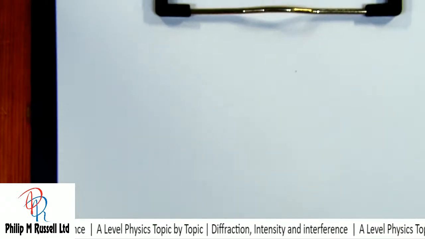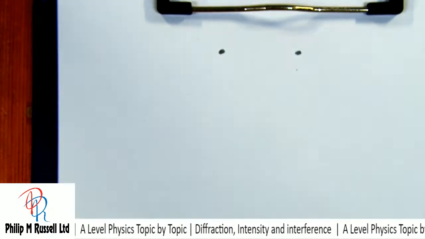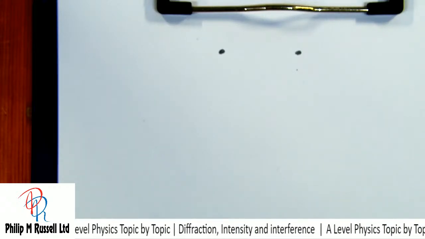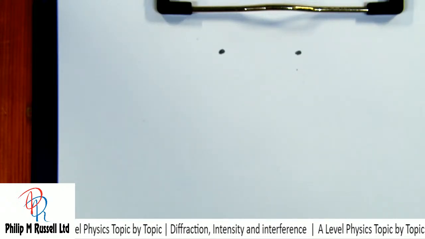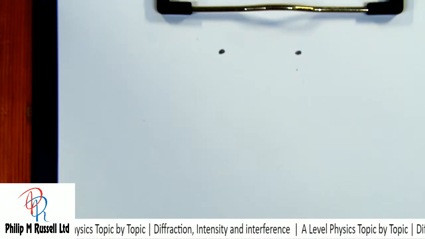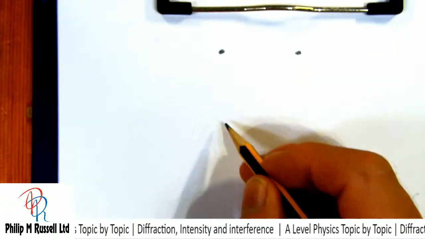What I've got is two sources of waves. Now, while I'm doing this, Paul's going to set up another experiment for me quickly, and he's going to raise this and put the two dibbers in. Right, so I've got these two sources, and